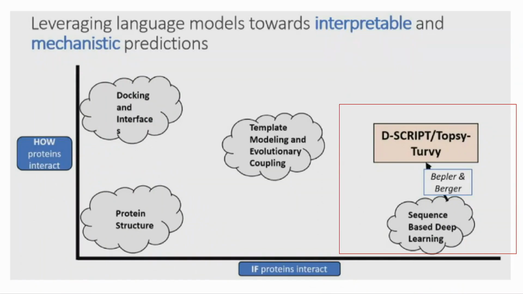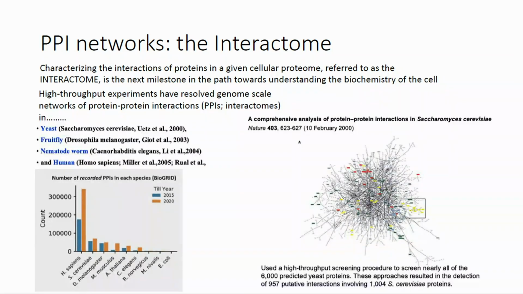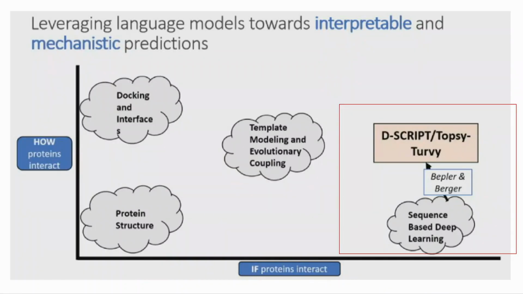I like this diagram where a professor tried to categorize different models in model-input interactions. On the x-axis, it's whether we just care about yes or no questions, or we want to get more detailed, high-level information. At the very end of this axis, there are the very preliminary sequence-based deep learning models, which are enough to make these kinds of predictions: if we give you two proteins and their sequences, we might already be able to predict something from the sequence itself.